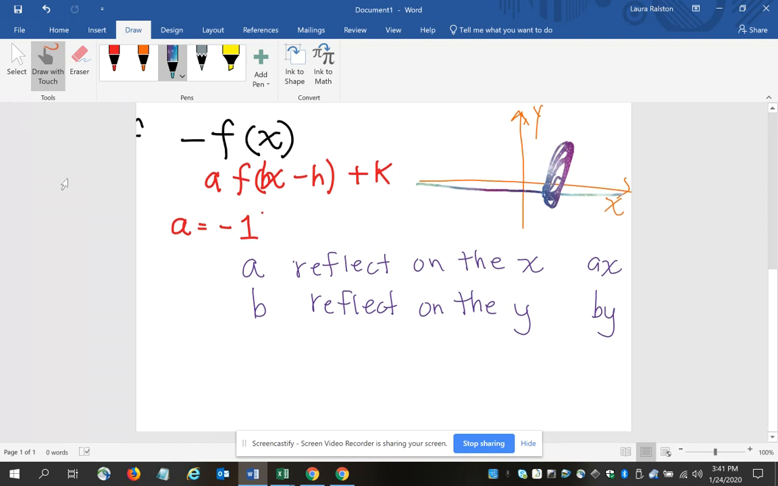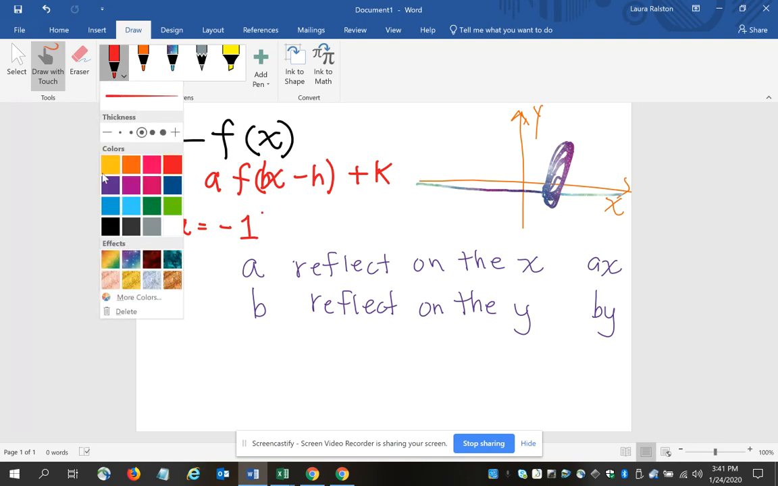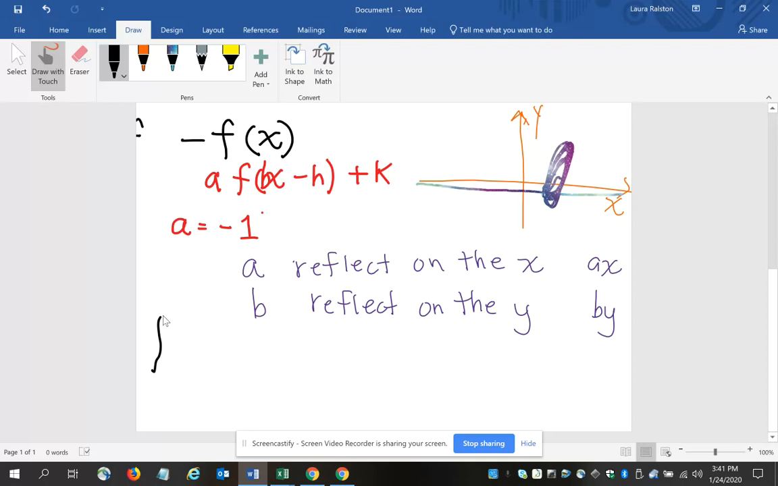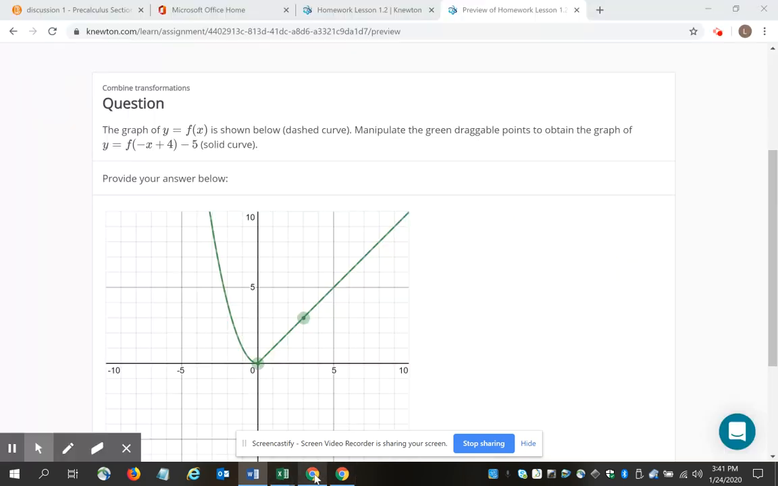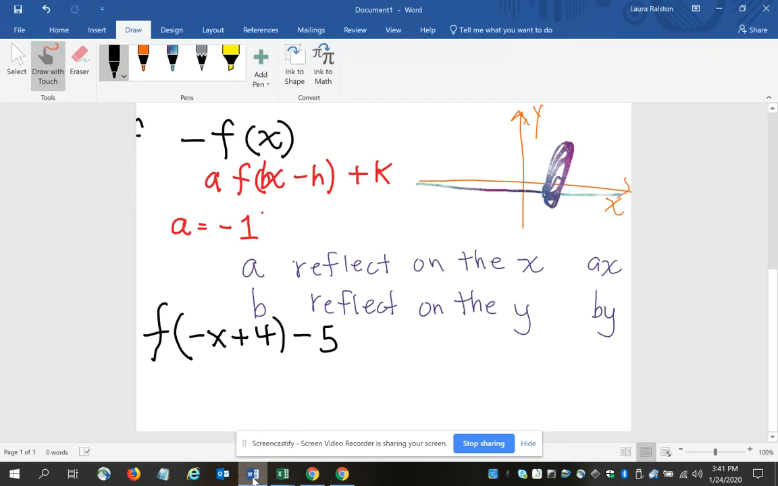We have f of, let's see, we have f of -x plus 4 minus 5. Okay, let me double check, make sure I wrote down the right thing. Okay, -x plus 4 minus 5. Okay, so we got to think about all these different things here going on. Again, if you think about it, you have,